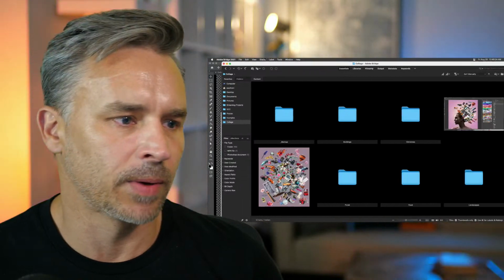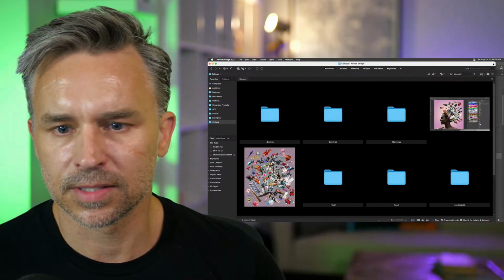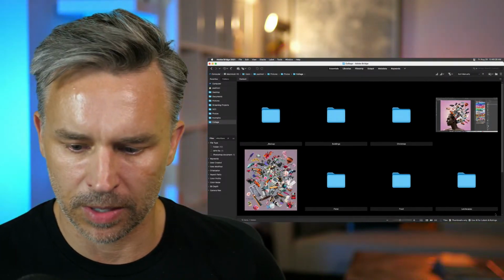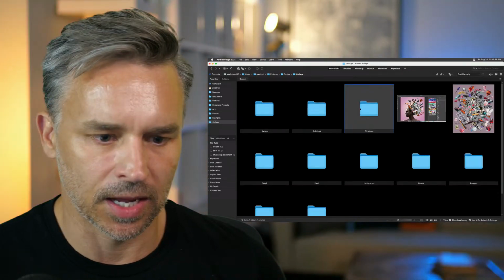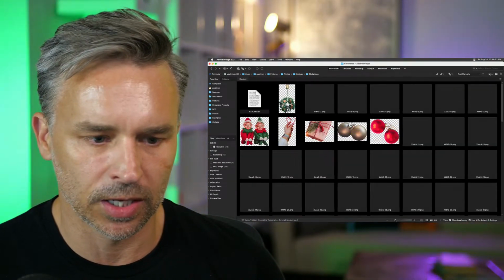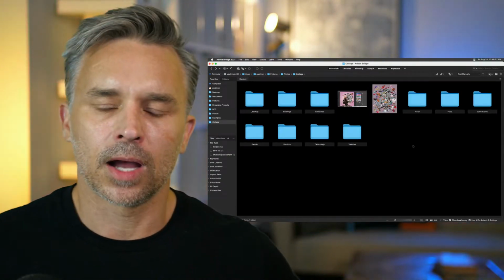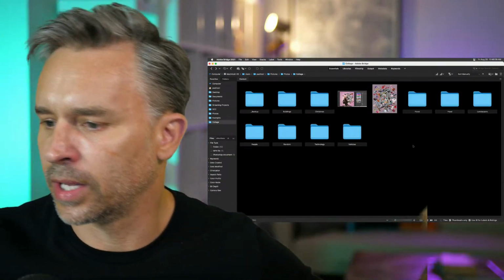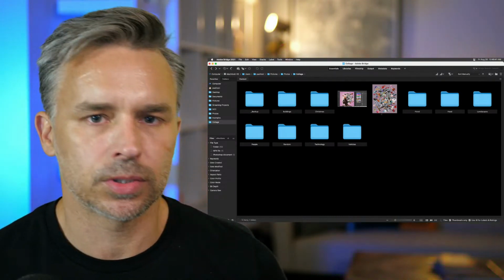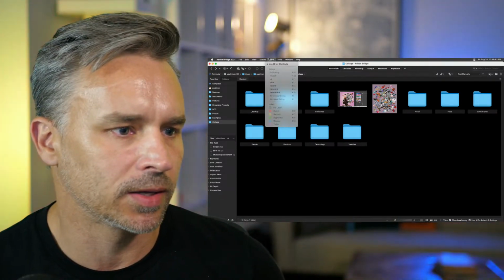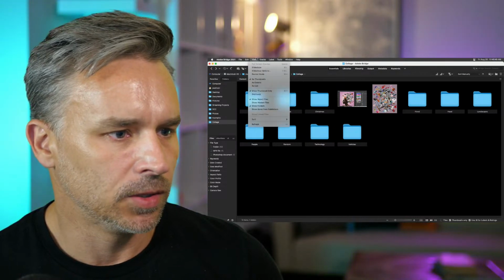This is what's awesome about Bridge. This is my absolute favorite feature about Bridge. Obviously the scaling, we can jump into, say, Christmas, and we get all those previews like we expected. But this is what I love. I'm like, hey, I need, I don't know, an apple, or I need a boat. I need that sailboat. I don't know where it is. Being able to view